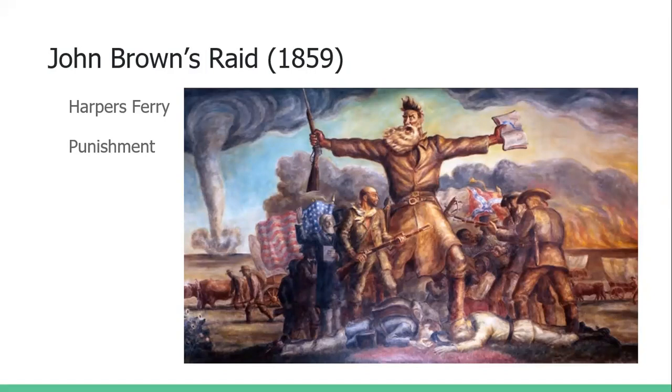Now, including John Brown, we have 22 raiders. 15 of them were white, 7 of them were black. 10 people were killed during the raid. 7 were tried and executed, including John Brown. He was hung. And 5 people managed to escape the fight. So yeah, that is a pretty crazy story. If you look up any photographs of John Brown, you ever hear the phrase that someone's got crazy eyes? Yeah, that's John Brown. He had some crazy eyes.